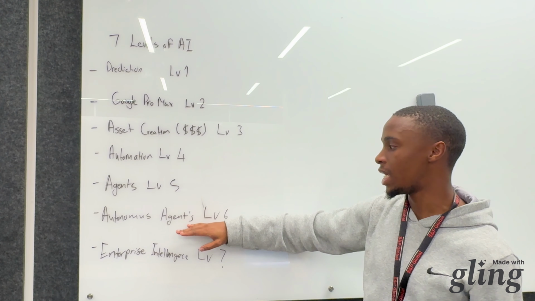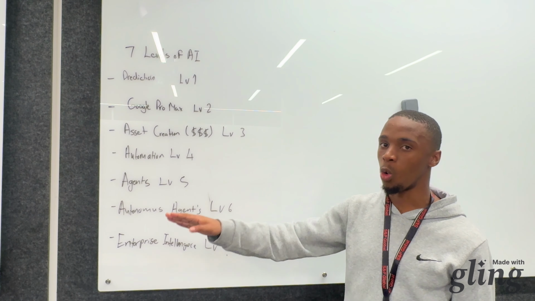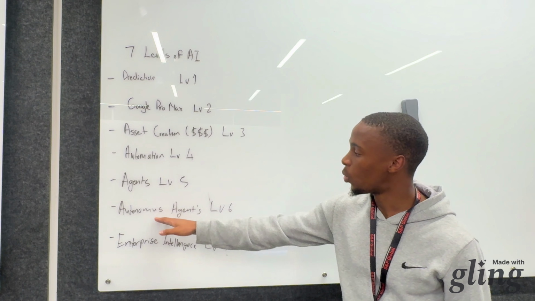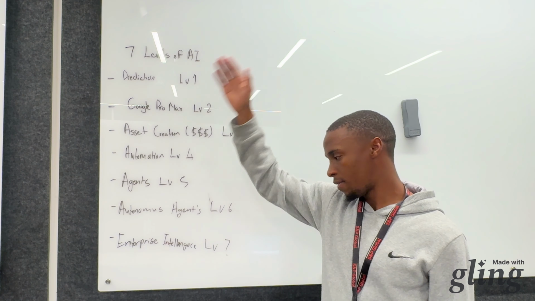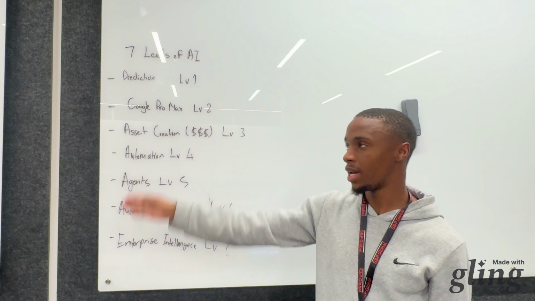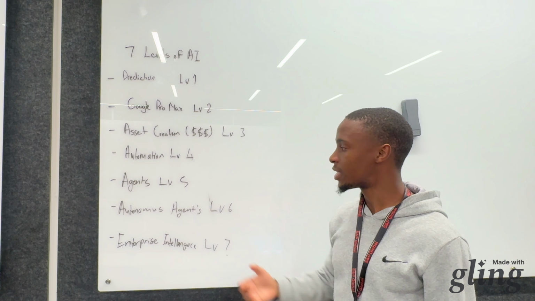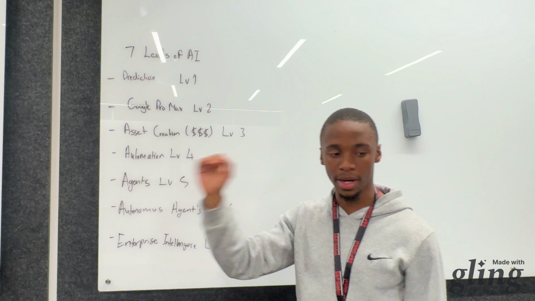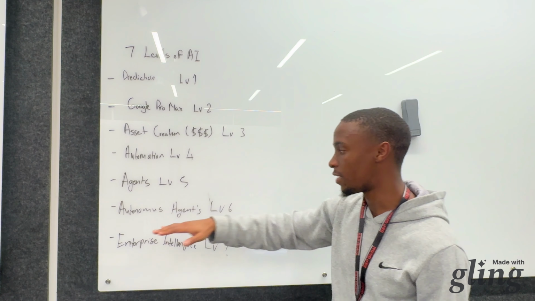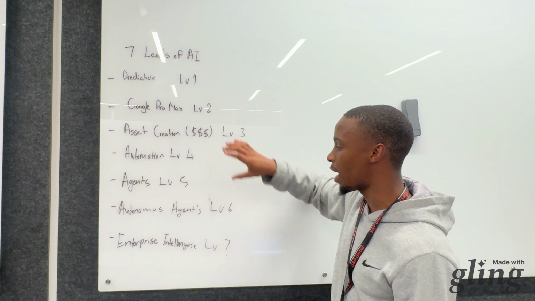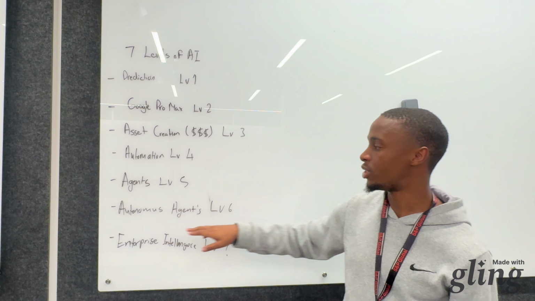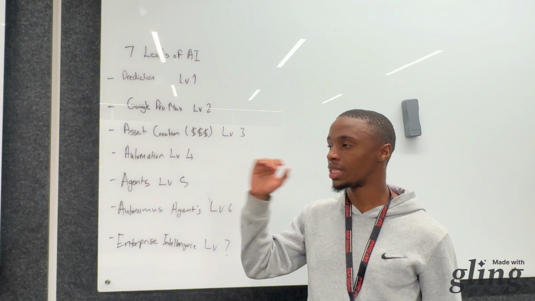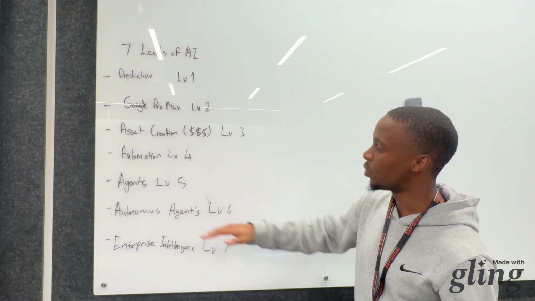Here, with an autonomous agent, I just have to tell it my goal and where I want to go, and it will automatically figure out all the steps that are required, figure out all the deliverables that are required, and then work by itself to ensure that I either reach that goal or come very close by giving me all the assets that I would require to reach that goal. Right? So it works by itself, which is why it's autonomous. I just give it the goal where I want to go, and it will figure it out.